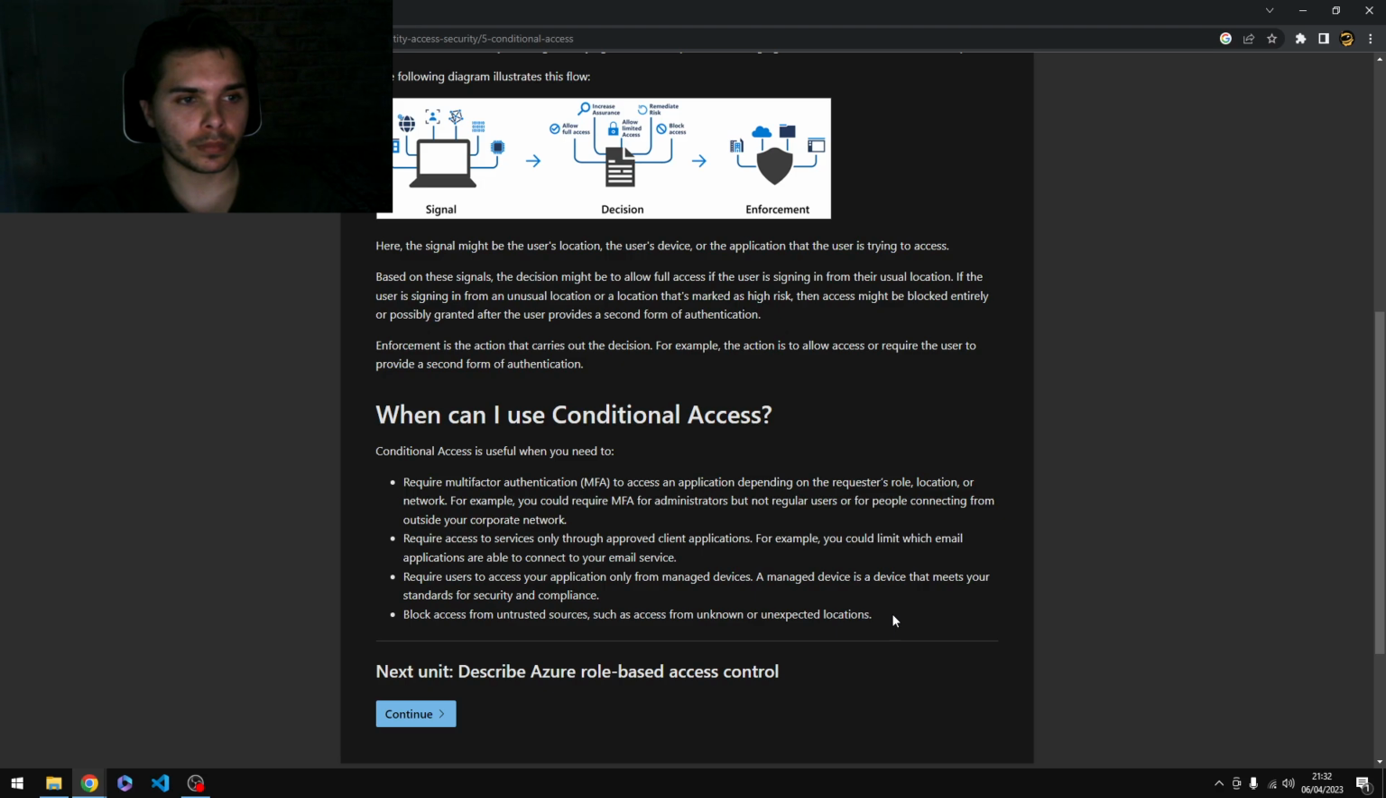When can I use conditional access? Conditional access is useful when you need to require multi-factor authentication, MFA, to access an application depending on the requester's role, location, or network. For example, you could require MFA for administrators but not regular users or for people connecting